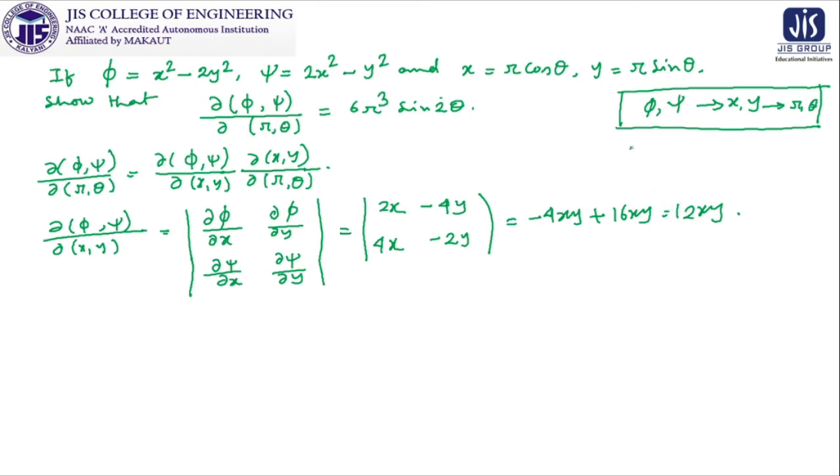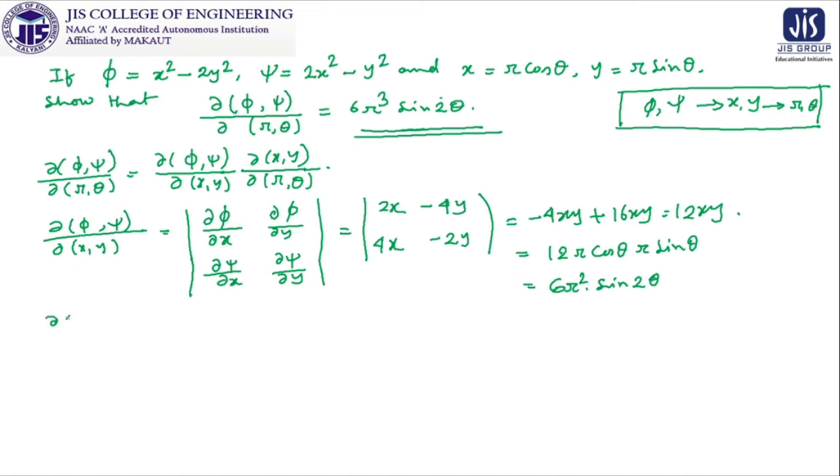Now if you look at this particular part, what is required to be proved is in terms of r and theta, but here we are getting the expression in terms of x and y. So we can think of writing it as 12 r cos theta r sin theta, and in the next line we can write it as r square, as 2 cos theta sin theta is sin 2 theta, so there is 6 remaining, so 6 r square sin 2 theta is the expression for this first part.